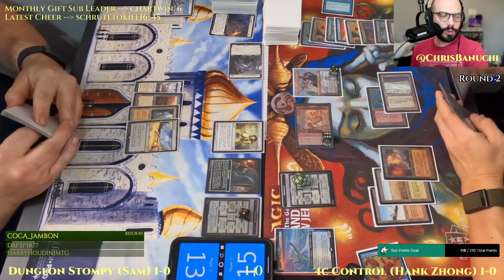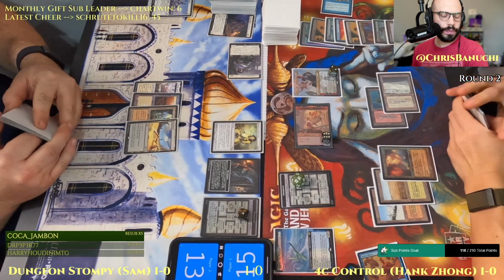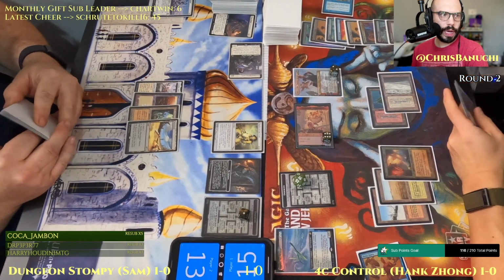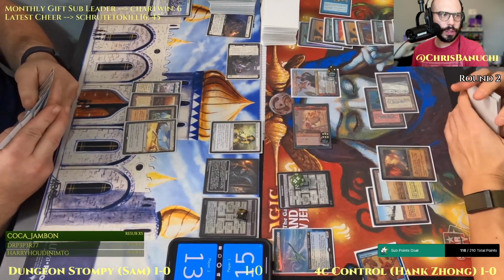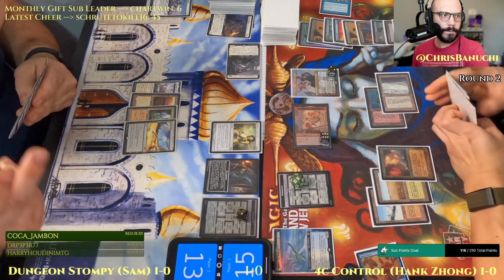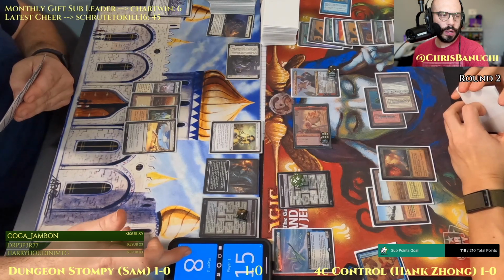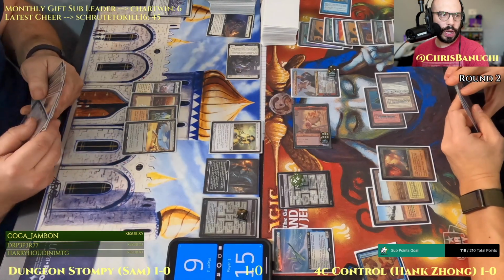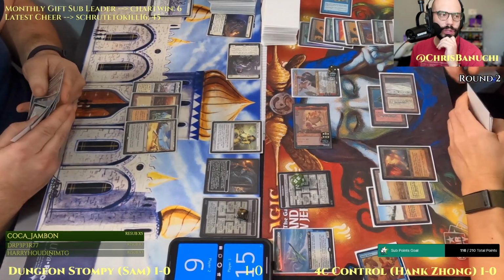Not concerned, I guess, with blocking the Seasoned Dungeoneer and losing initiative. Just going for attacks here. The Dress Down, as I said a moment ago, would be able to shut off the Seasoned Dungeoneer's ability. All right, taking 7, going to 6. So Hank is within range of winning this game. I don't think we're going to see a fling Boo next turn just because...